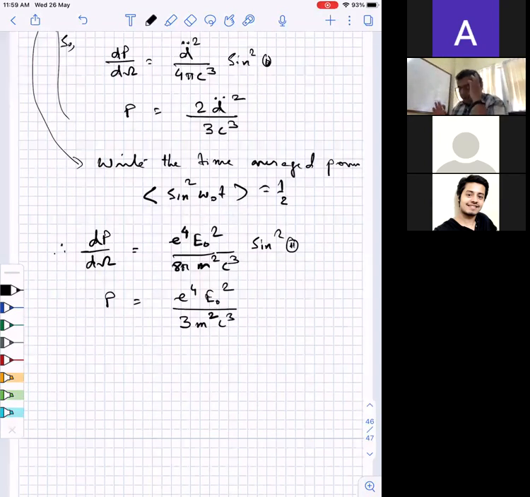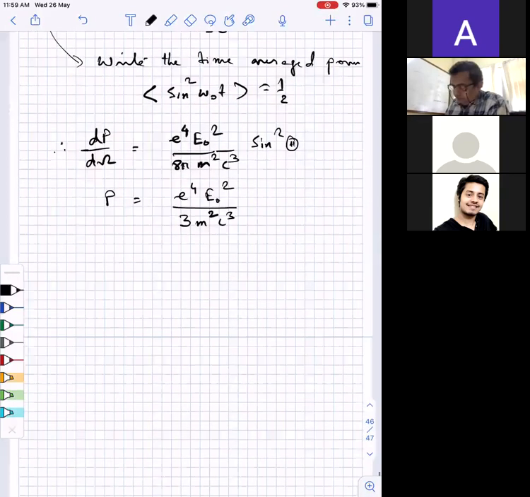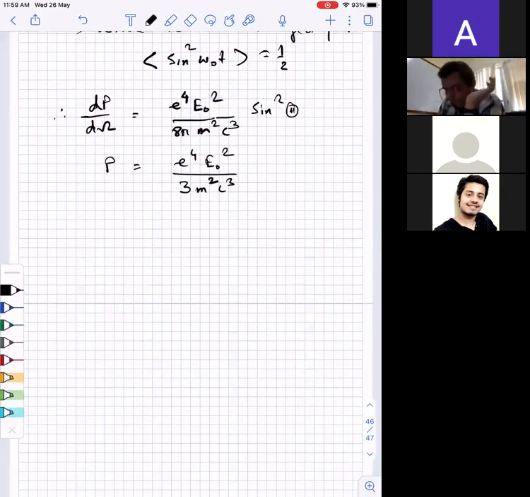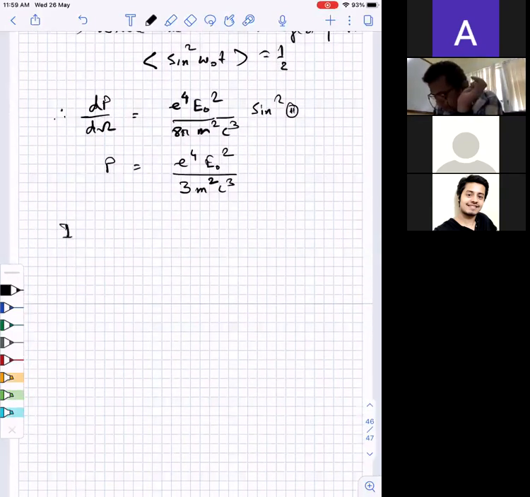Now, the important thing is to connect this to the cross section. Okay. So first, note that if I have an incident flux,